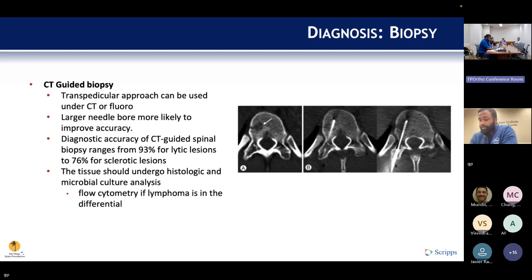We've got to remember that we shouldn't treat a bony lesion without a tissue diagnosis of the lesion. So this is definitely imperative. Also, if your differential includes lymphoma, you do want to get some histologic and microbiology analysis of the lesion, and you should also send it for flow cytometry. We've got to remember the age-old wisdom of, culture all path and path all cultures, as it holds true here, since infections can mimic what otherwise would look like a metastatic lesion.